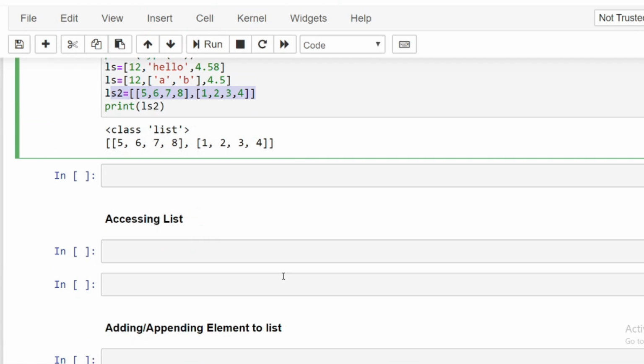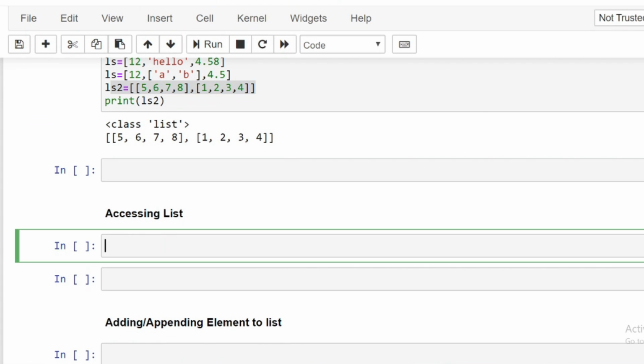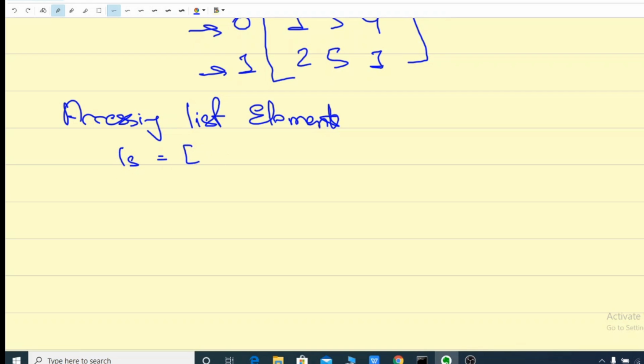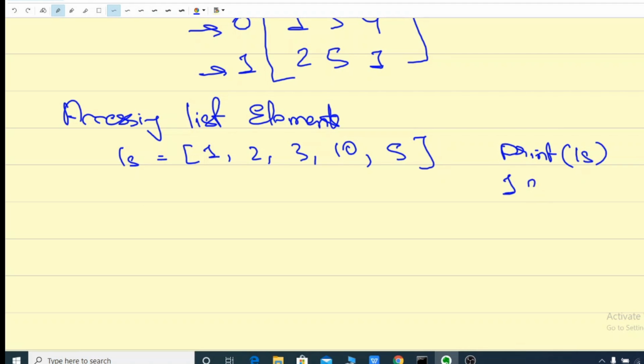So now the next thing that we are going to talk about is accessing a list, and here we are going to talk about the index values that we discussed earlier. So, accessing list elements, right? So imagine I have a list 1, 2, 3, 10, 5, something of that sort. These elements are in here, right? So if I just simply write print ls, what's going to happen? The entire list will get printed,